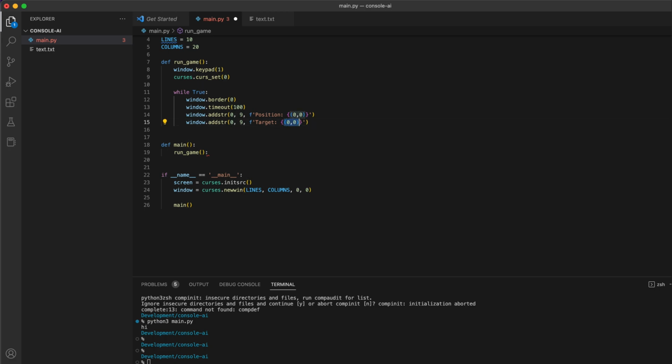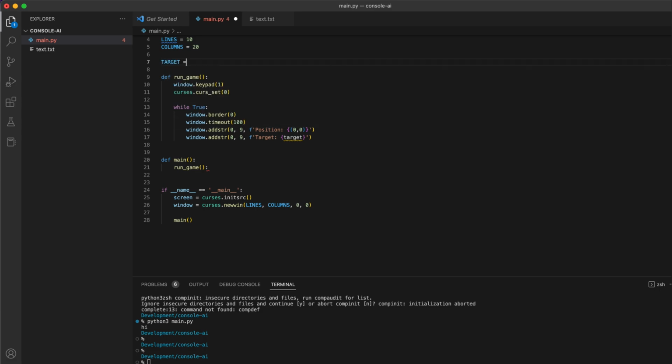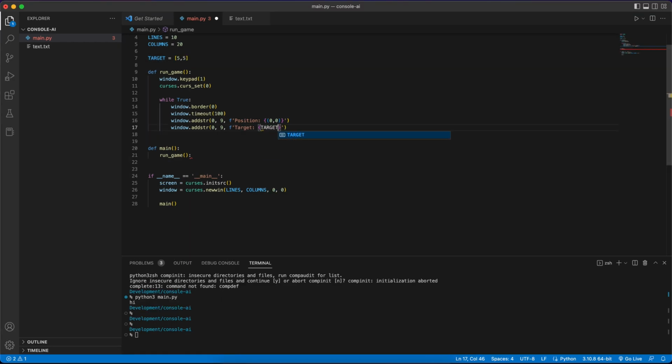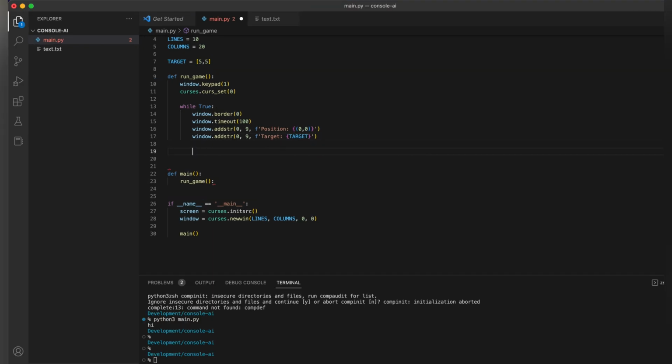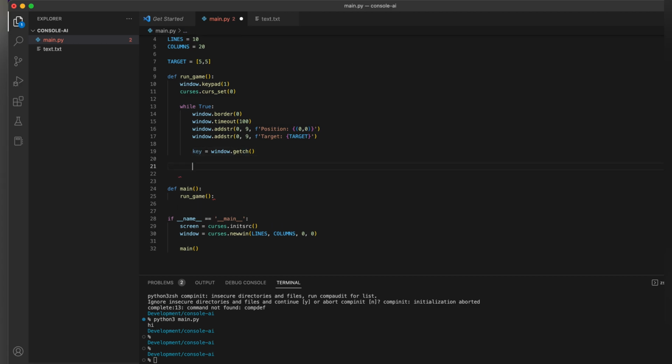So let's say our target will be this, and let's just globally put our target here. So our target coordinates will be maybe 5, 5. And again, this is just random. We're just setting the game up still. Okay, let's move that to target. Cool. So what we want to do is we're going to try and get the key input. So this here is getting the key input. So this is get char or character. So when the keyboard receives a character, this is the key that it received. And then we can say